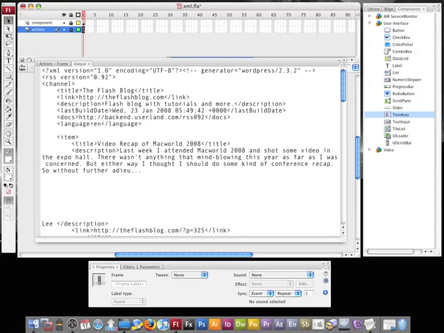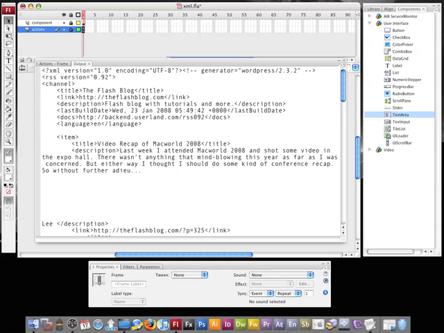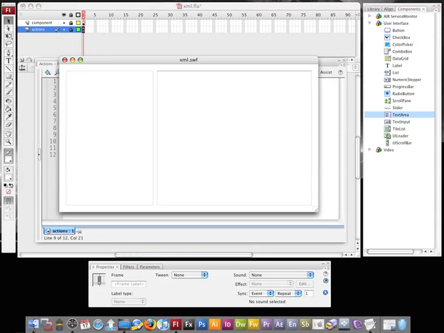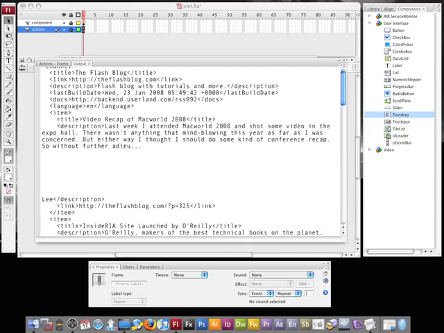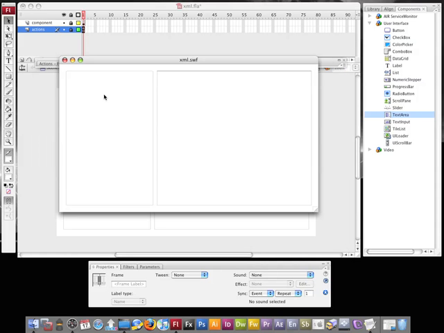And then inside of the channel, we have things like title, link, description, and then all of our items. So we don't need to actually go to rss since that's the first tag. But if we just go to xml.channel and we trace that out, we can see we just get the channel information. So let's go ahead and close